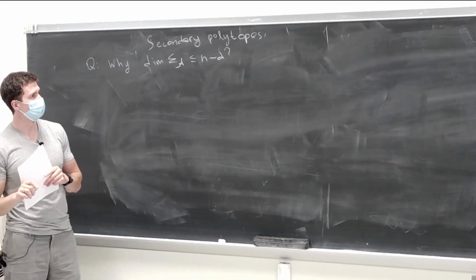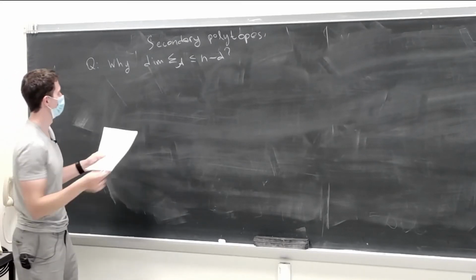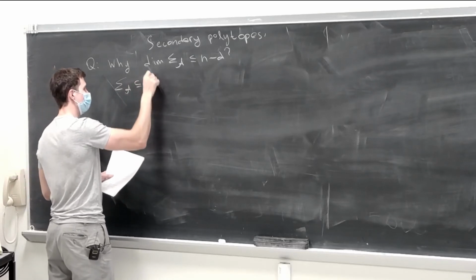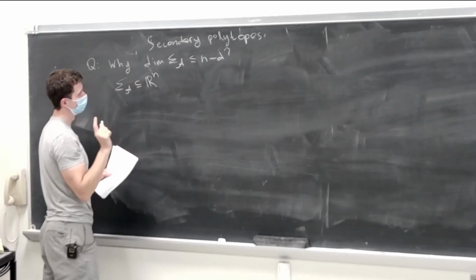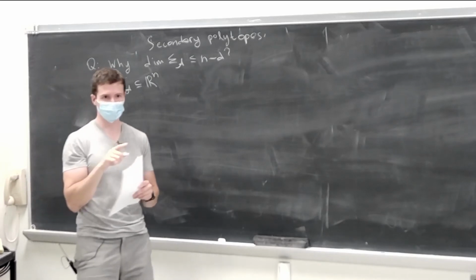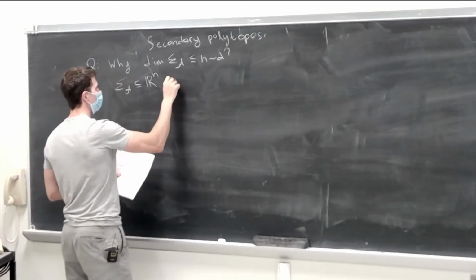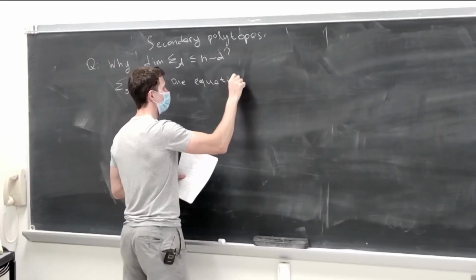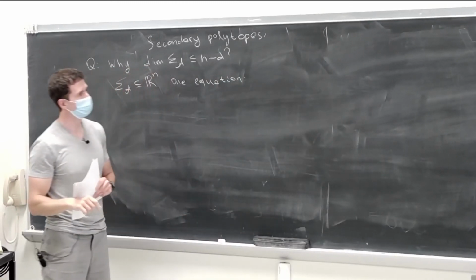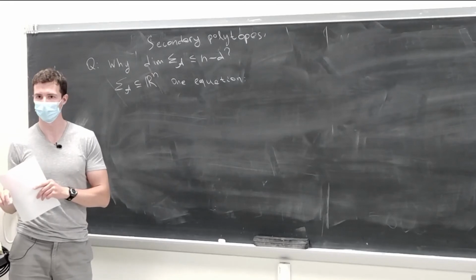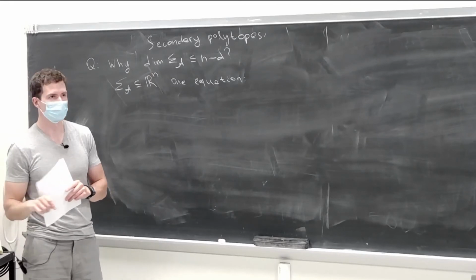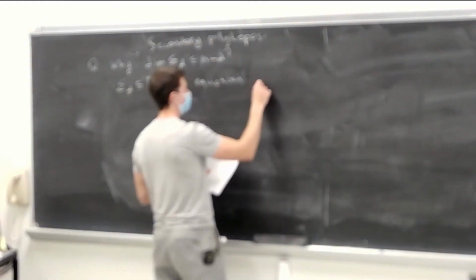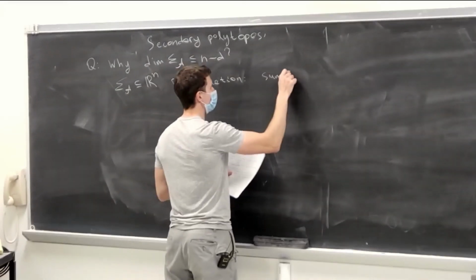And so again, first of all, it lives in R to the n. And so there's one obvious equation. One obvious equation is that if you take the sum of all coordinates, then by double counting, for the icosahedron, the sum of all coordinates